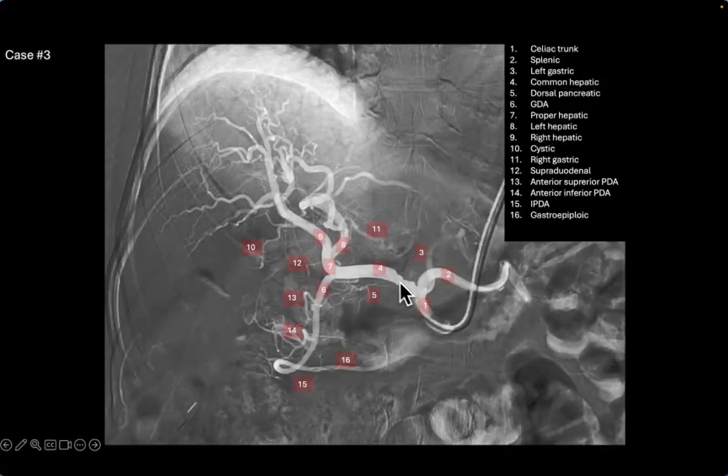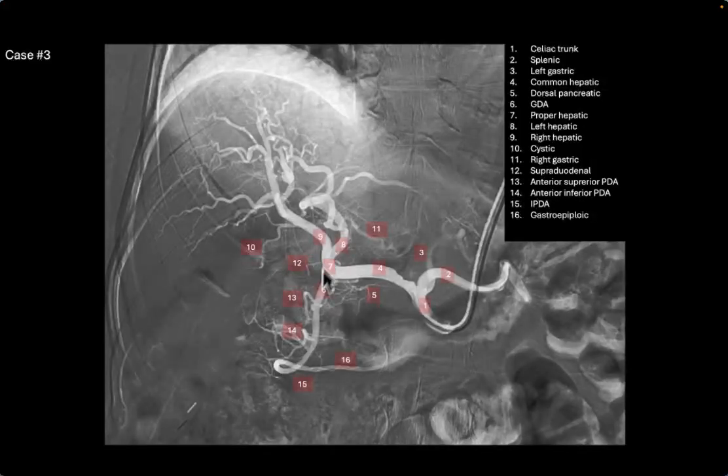This is going to be your common hepatic, number 4 here, before it gives off your GDA, and then proper hepatic, which then gives rise to both your left and your right hepatic arteries. Here, forming this pitchfork appearance or trident appearance, is actually your cystic artery. Swinging back down here, 6, we have our GDA, and then we'll move to 12,